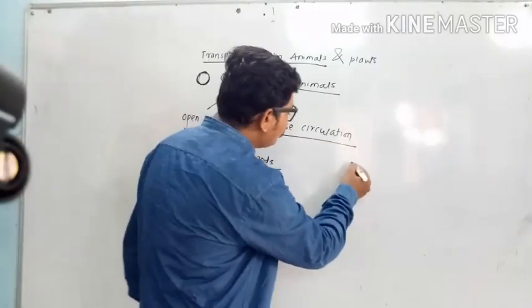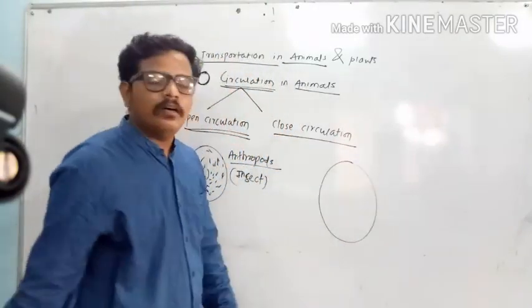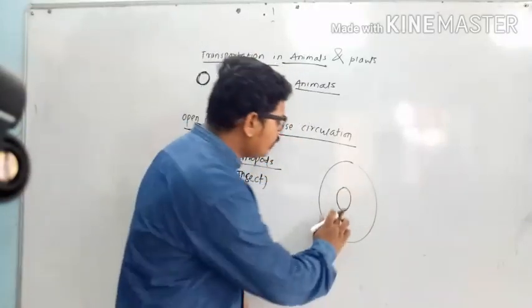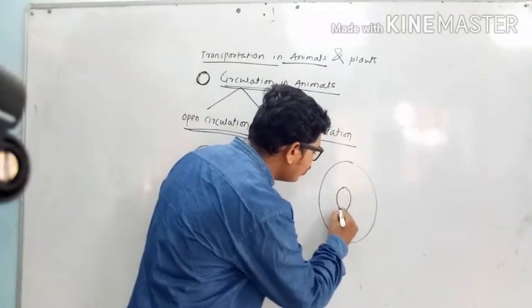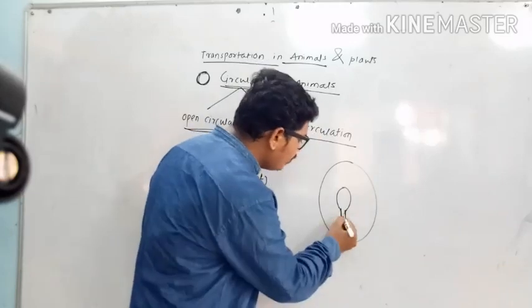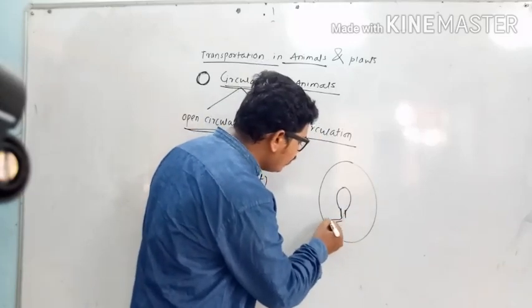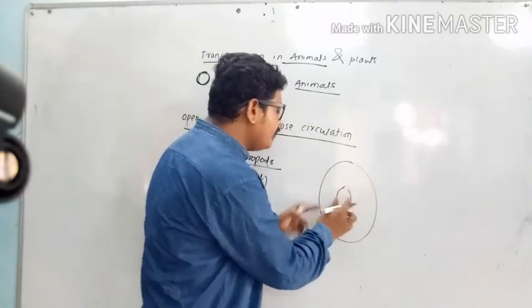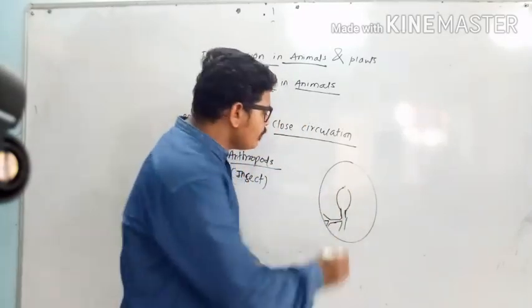For example, this is the body of an organism, and this is the blood pumping organ, the heart. Okay. And now this is the vessel which is rising from the heart, and this is the branch of this vessel. Again, these are the branches of this vessel. Now, see, consider that this is the heart. If the blood